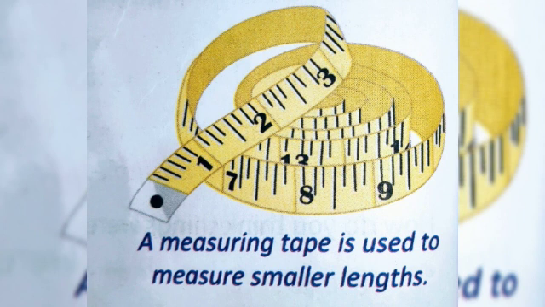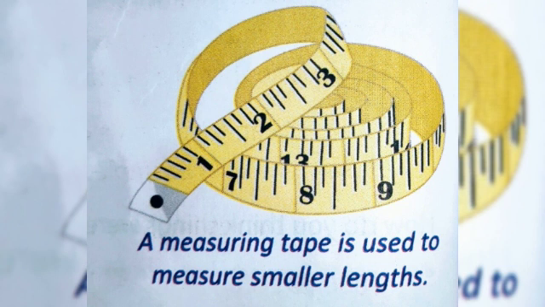The standard unit used to measure length is meter. Millimeter, centimeter and meter are used to measure smaller lengths. Smaller lengths are measured by using millimeter, centimeter and meter. For example, length of a pencil or a cloth piece. Next, the longer lengths are measured by kilometer. For example, the distance between your school and your home will be measured in kilometers.